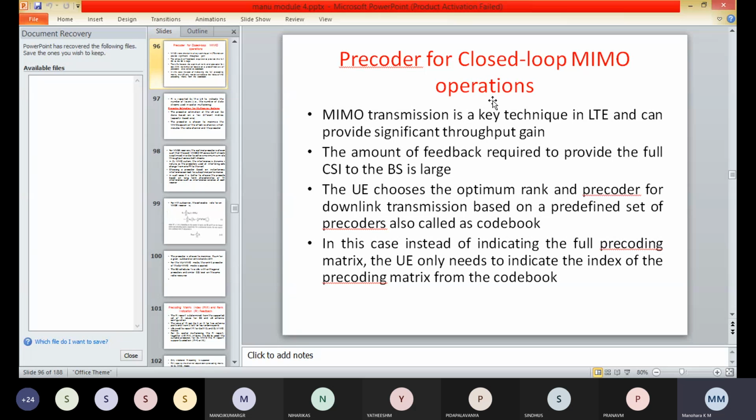The most common metric is the capacity based one, where the precoder is chosen to maximize the MIMO capacity of the effective channel, which includes the radio channel and the precoder.